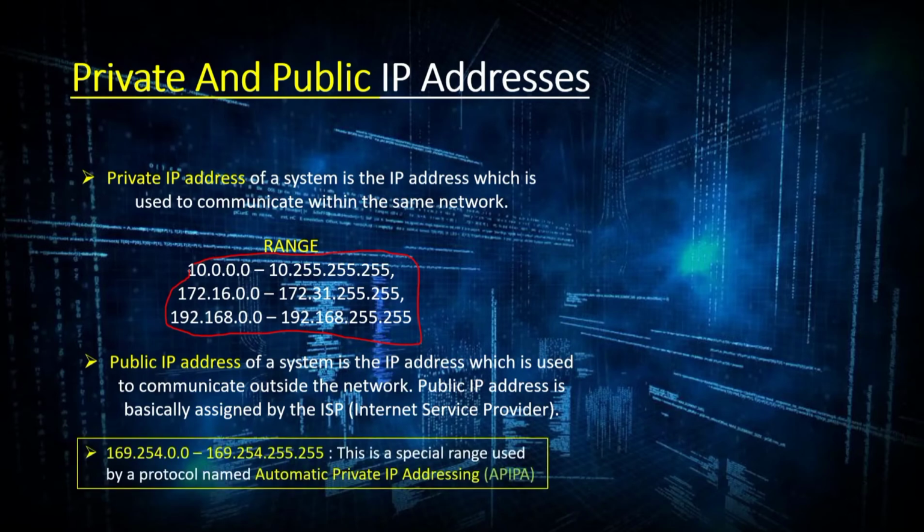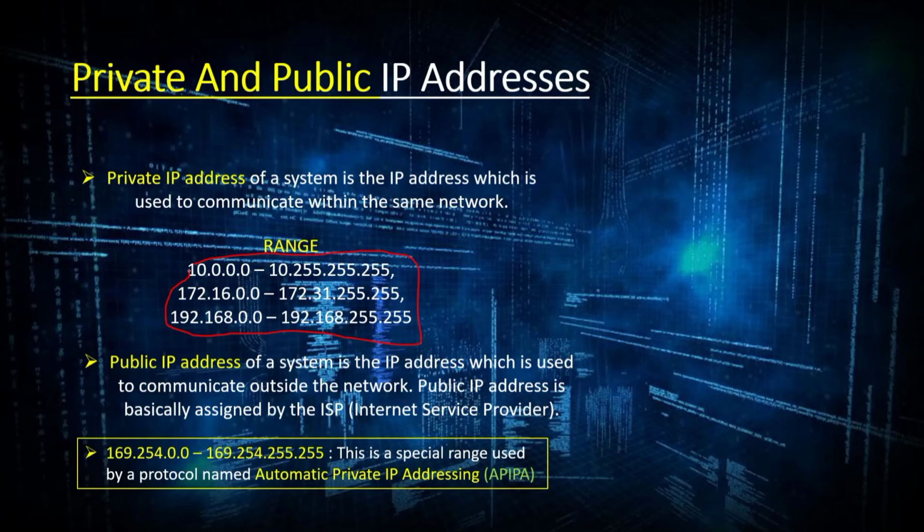There is a different IP address named APIPA, that is automatic private IP address. It is a feature of Windows OS in which a DHCP client machine in the network is self configured. When a DHCP client machine is booted in any network, it looks for the DHCP server so that a valid network IP address can be found. However, when the DHCP server is not found, the Windows machine assigns an IP address to the machine from a specified range, which is reserved using the APIPA feature.